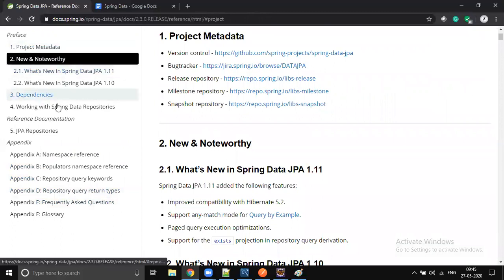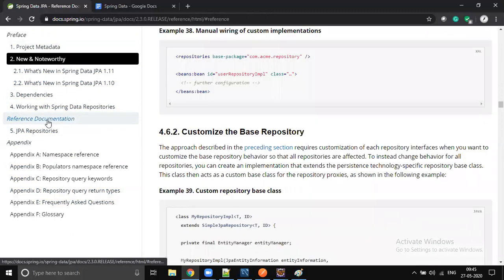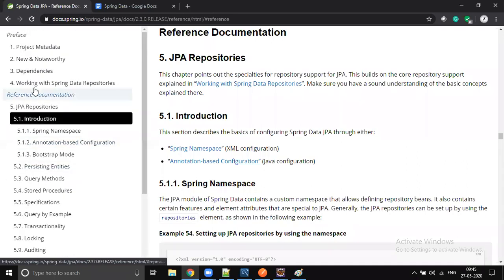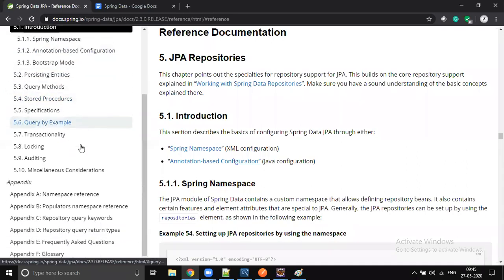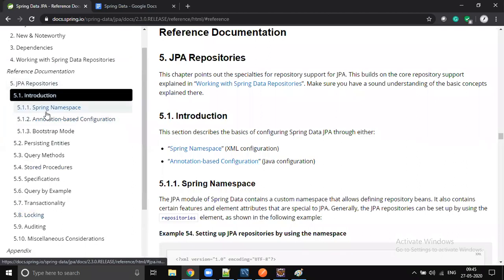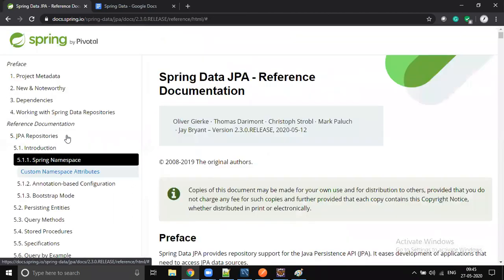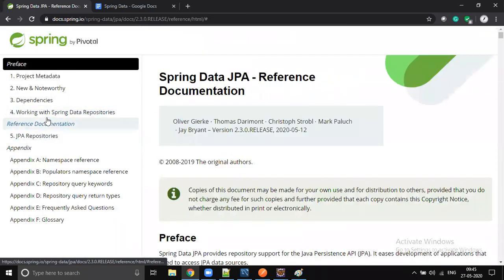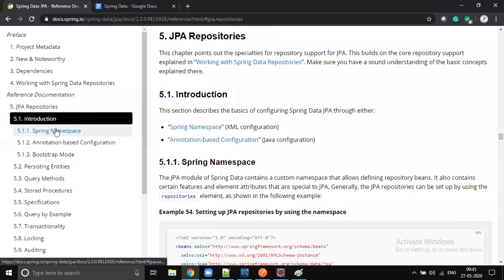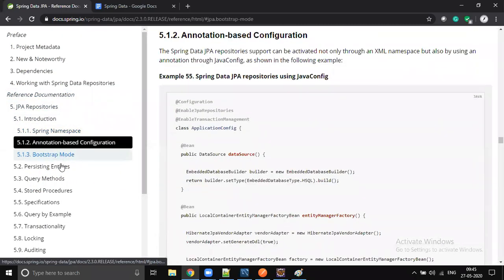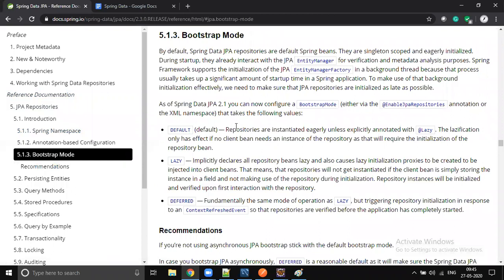So this is all about the project. Okay. So this is the actual documentation we go through, right? Some namespace, and this documentation also talks about XML specific configuration, and this is not Spring Boot specific. So if it is not Spring Boot, how can we do it?